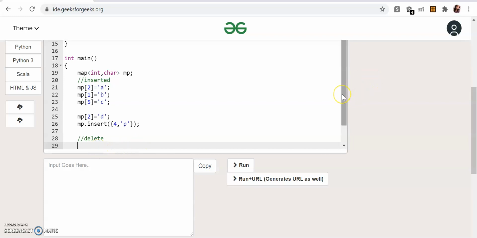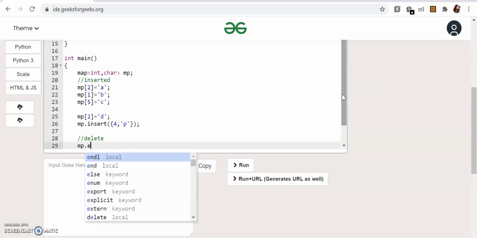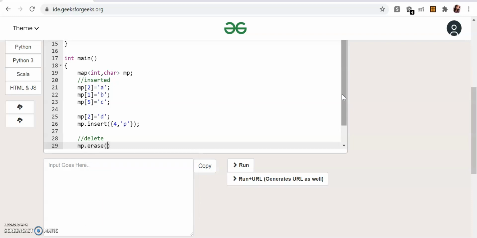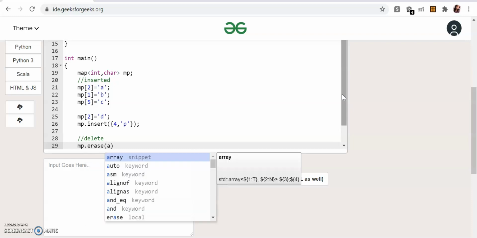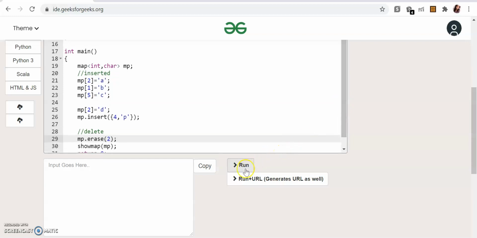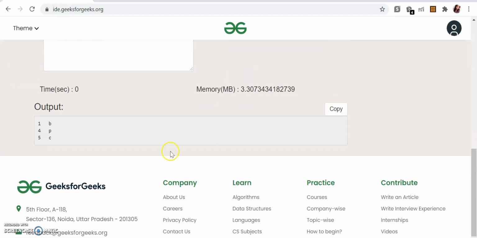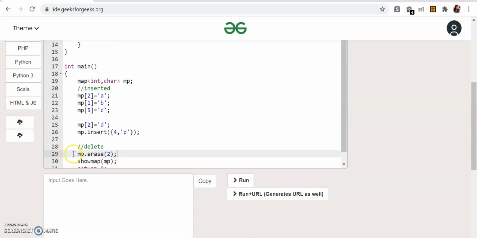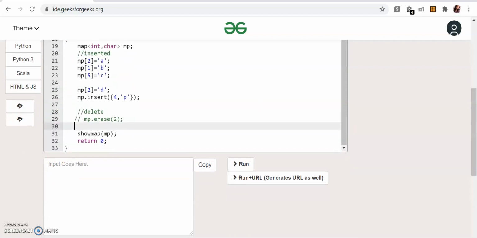Let's try mp dot erase. Let's first try to give it this key value. See, it has deleted the second position. Now let's comment this out and get the iterator position.